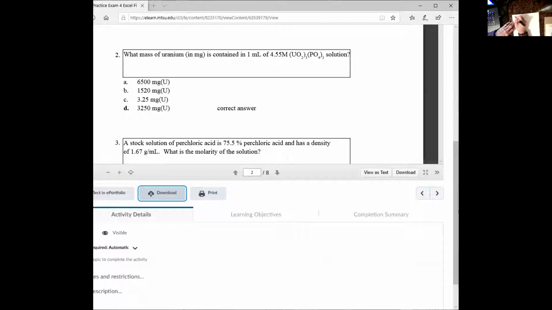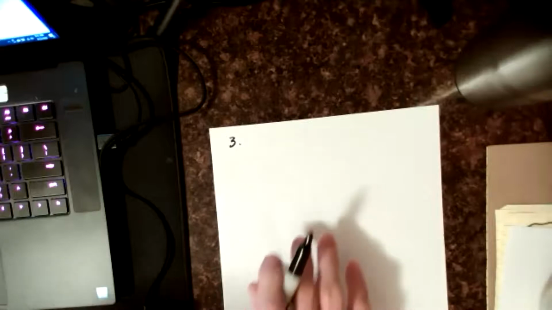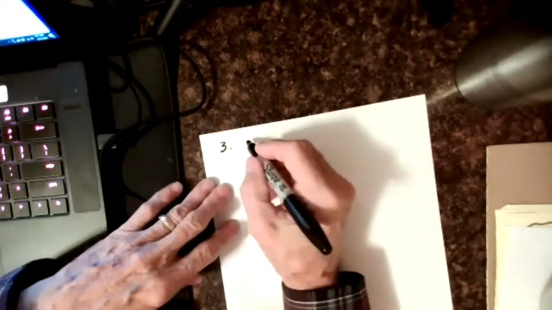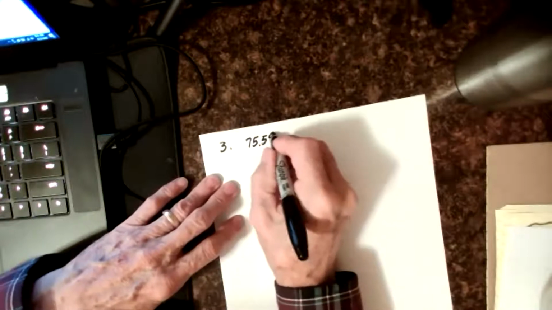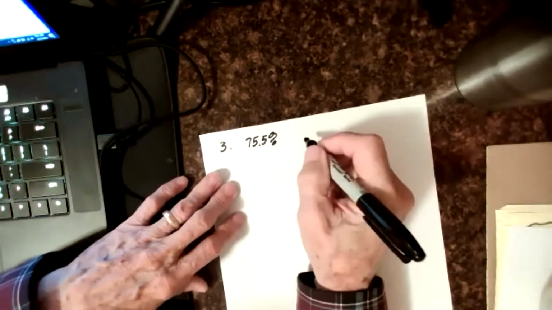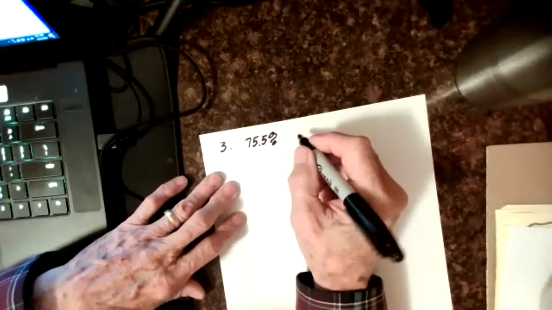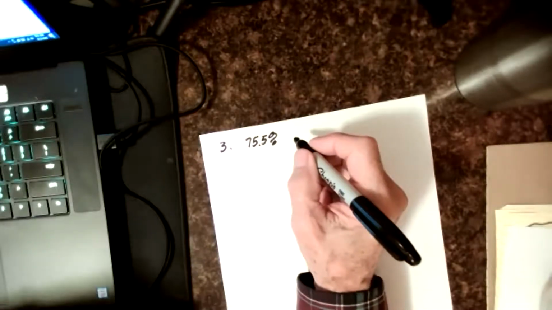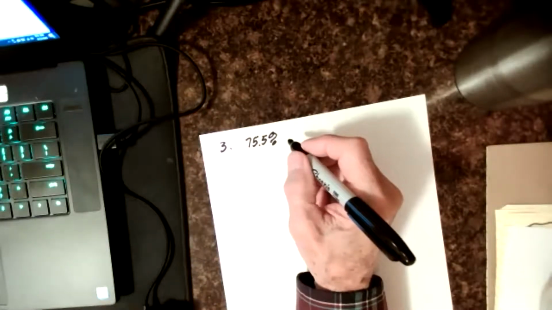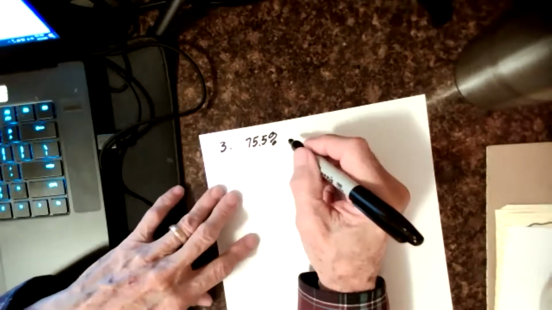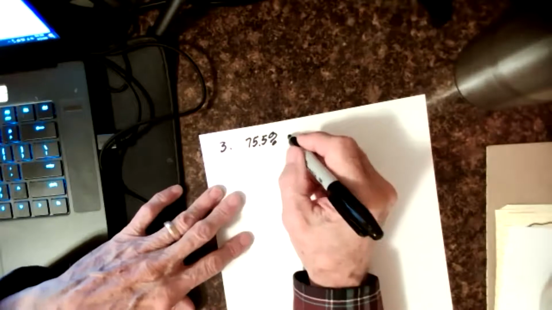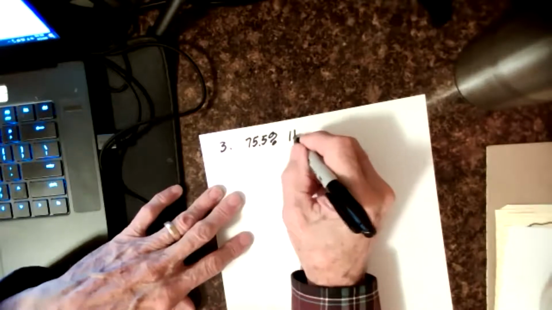So it's 75.5% perchloric acid. So perchloric acid comes from perchlorate ion. Perchlorate ion is ClO4 minus, so I'll need a hydrogen. So the compound is